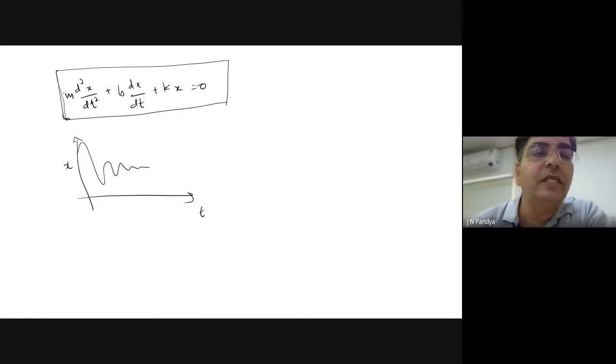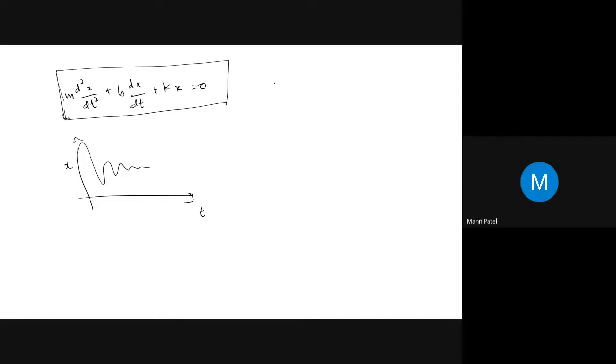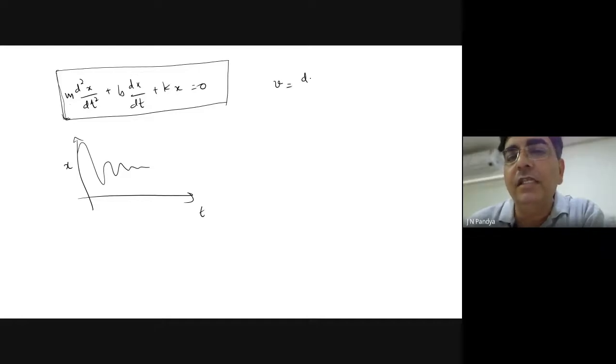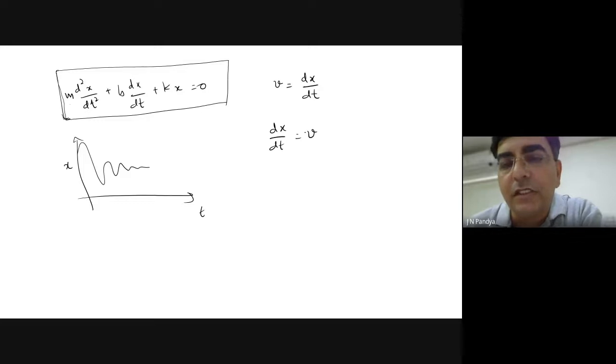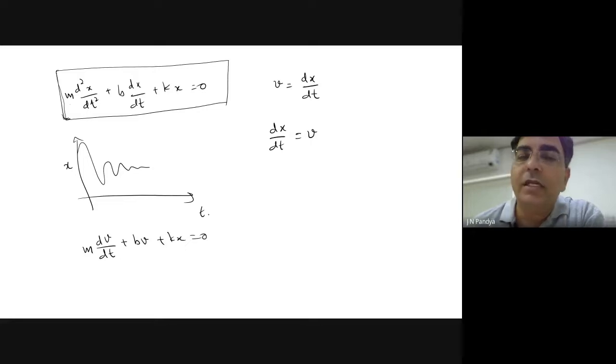Okay, so what we can do is we can simply define some v. V is nothing but dx by dt, let us say. So we can say that dx by dt is equal to v is my first differential equation, and my second differential equation will be, let me put this thing here first, m dv by dt plus bv plus kx is equal to 0. But according to our basic understanding of the RK4 method, we have to write two equations in such a way that both are basically dx by dt and dv by dt.